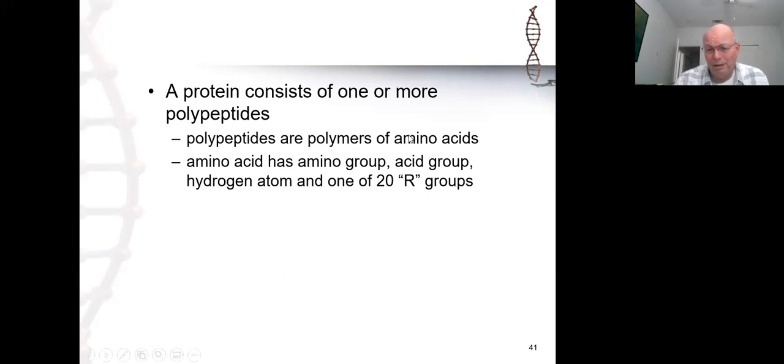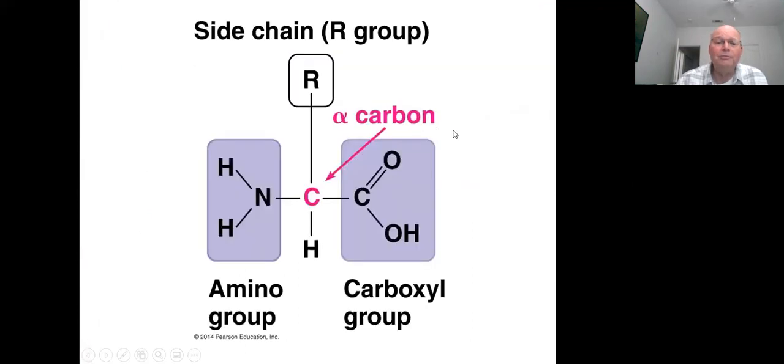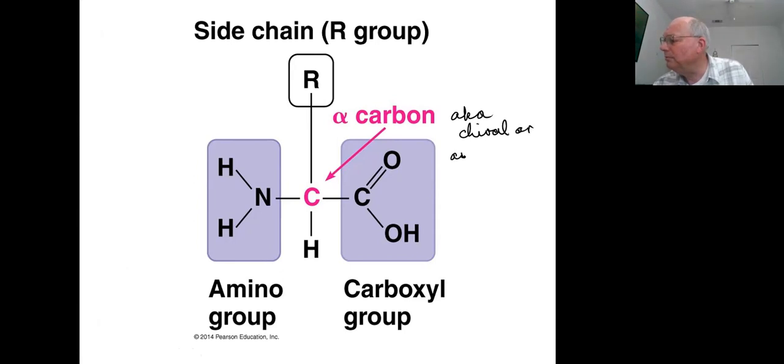So polypeptides are polymers of the amino acids. We've looked at the general structure of an amino acid before, but let's just remind ourselves what an amino acid looks like. In the center is a carbon to which everything is attached. This is the alpha carbon, also known as the chiral carbon, or asymmetric. And so as a consequence of this,